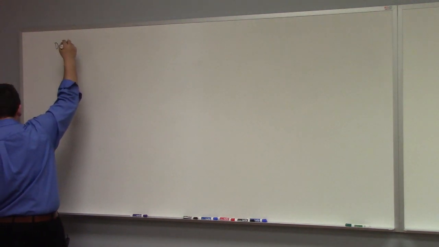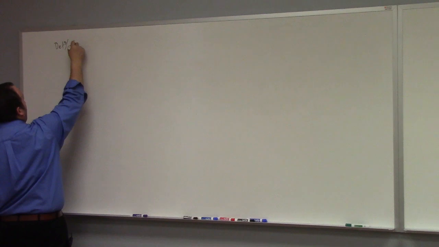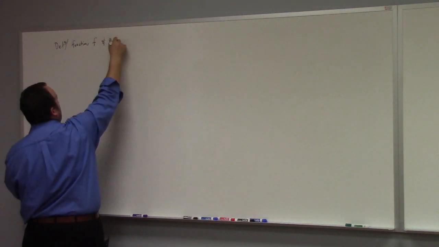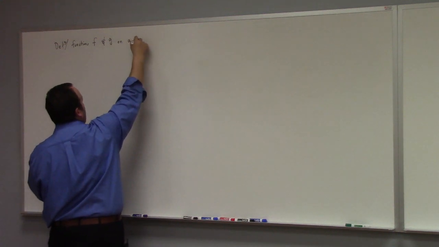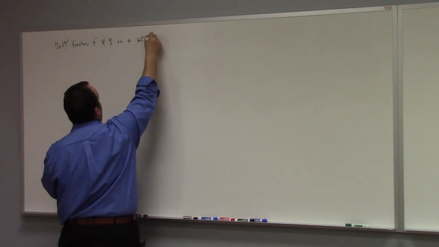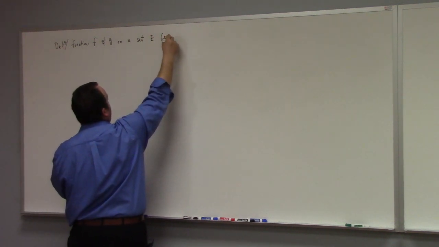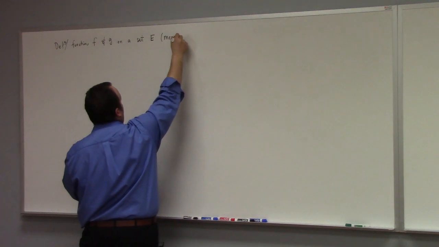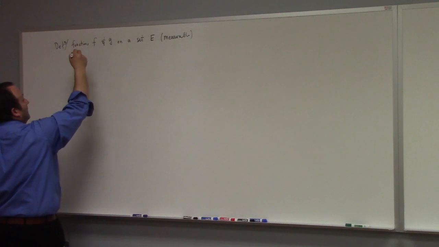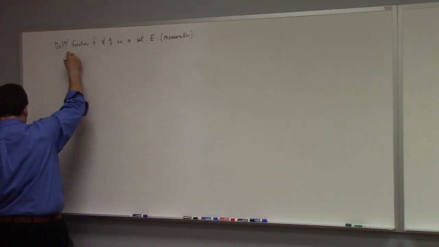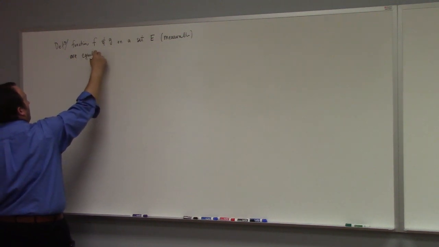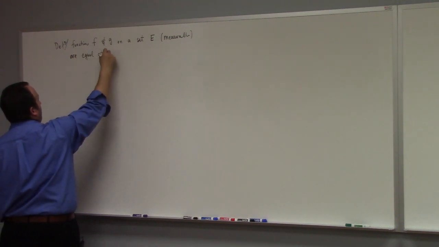We said that two functions, f and g, on a set E, which is measurable, a measurable set, all right? Are equal almost everywhere